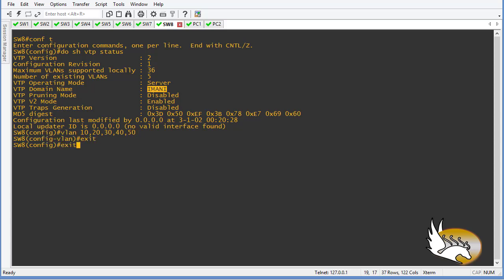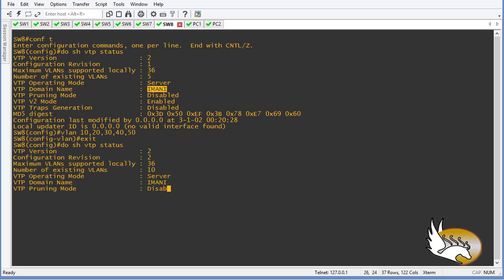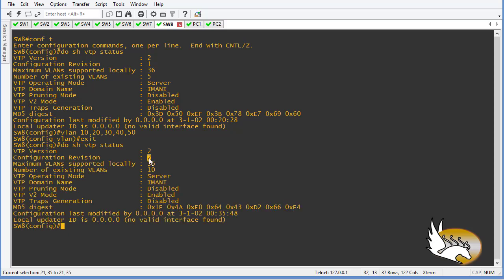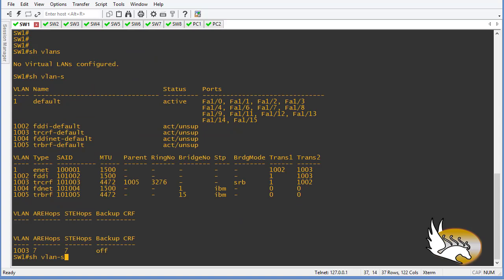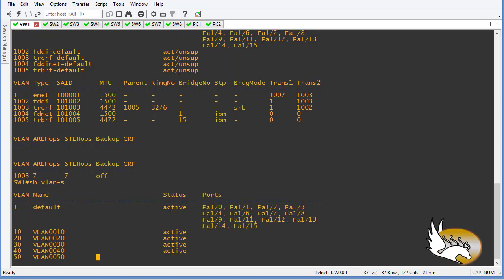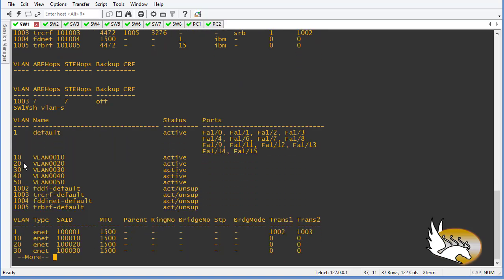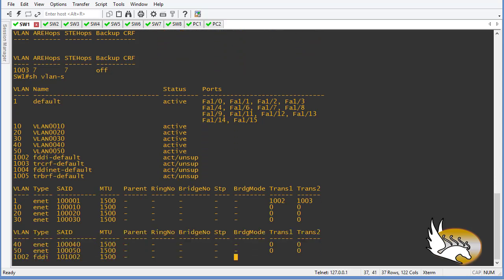And then I'm going to check my VTP status. You can see the revision number has changed, and right now I have about 10 VLANs. Some of them I just configured. So if I go to other switches, such as switch 1, now if I try to see VLANs, I can see that I have received VLAN 10, 20, 30, 40, 50, and this is what we have done in previous